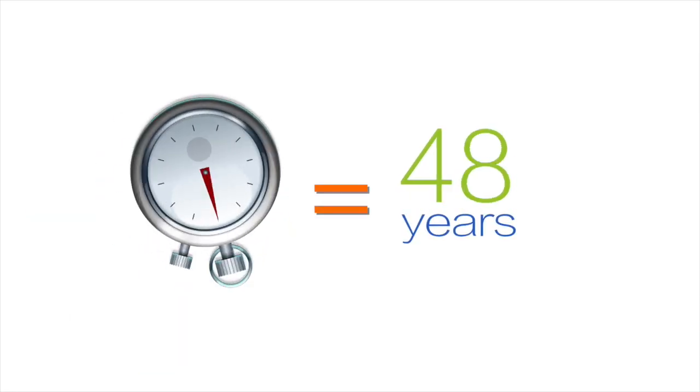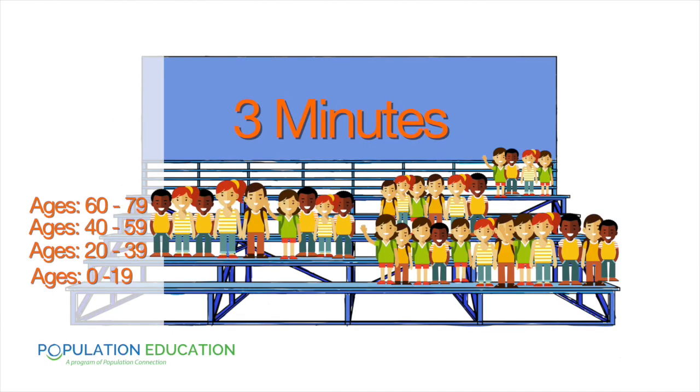And after 3 minutes, those 9 students that we just added will move up into their childbearing years, the ages of 20 to 39. Now, those 9 students have the potential to form 4 couples. You'll notice that 1 student does not have a partner, and that's okay. They'll remain uncoupled through the rest of the simulation. Each of our 4 couples will bear 3 children. So at this point, we're going to add 12 students to the bottom bleacher. So we have 12 students representing people of the ages 0 to 19 for a total of 31 people in all.